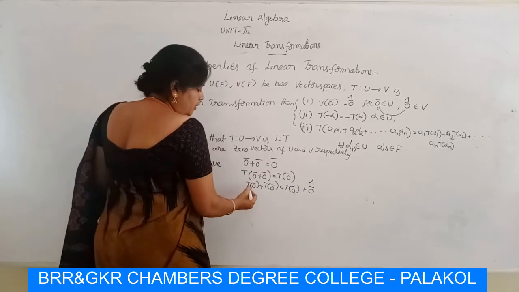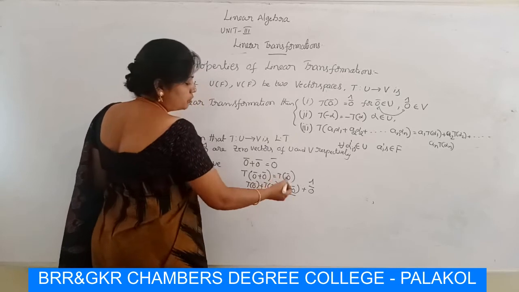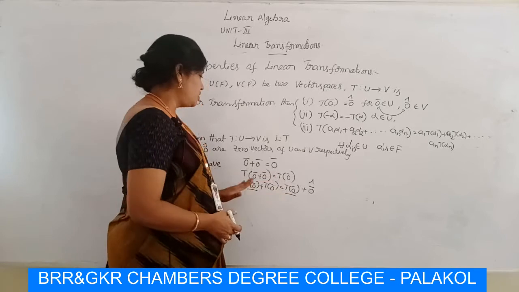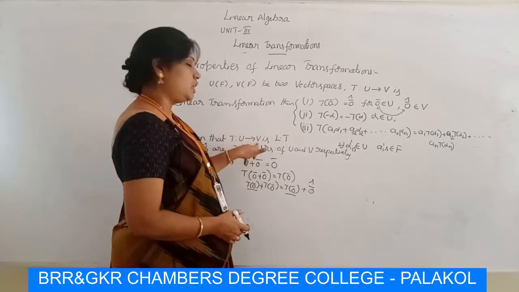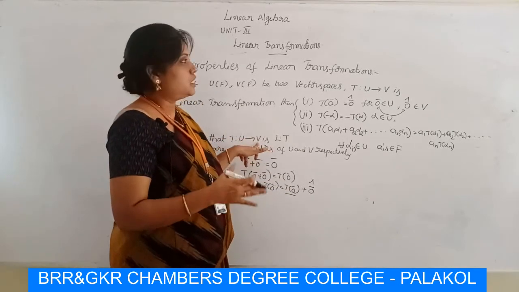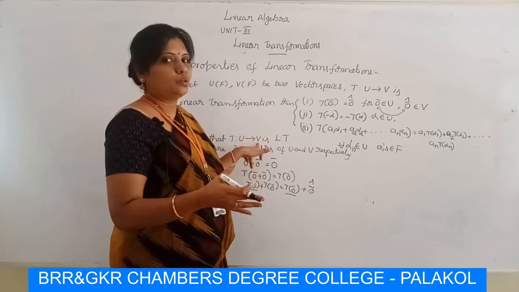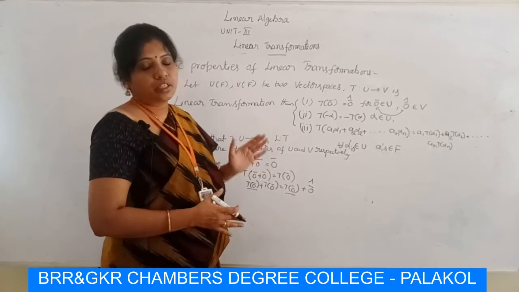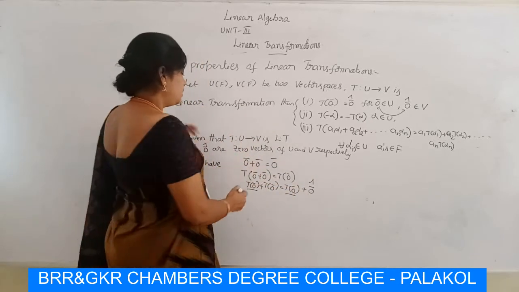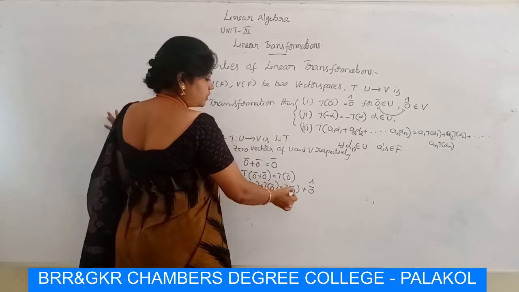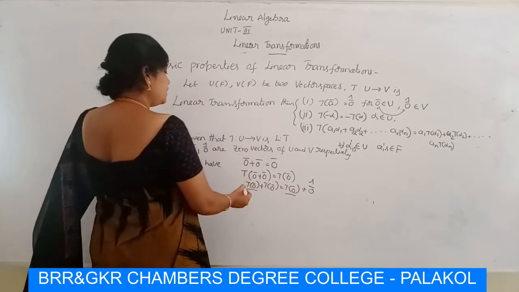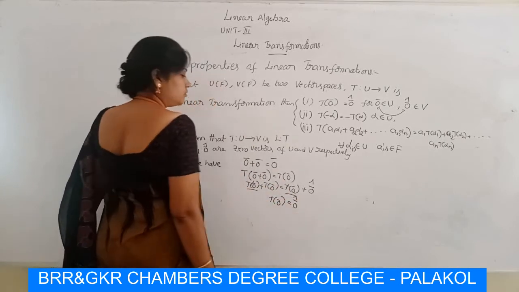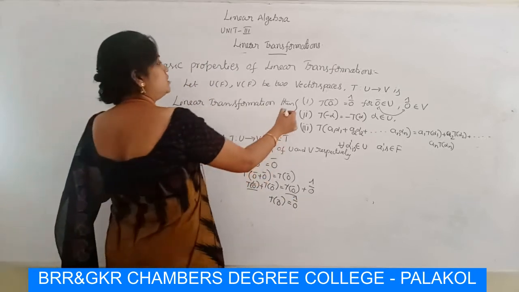So we have T of 0 bar on both sides, same value. Here all these vectors belong to the vector space V. Here V is a vector space, that means V plus is an abelian group. So the cancellation laws hold in a vector space, that means group. So by cancelling T of 0 bar and T of 0 bar, we get T of 0 bar is equal to 0 crown. So the first condition is proved.